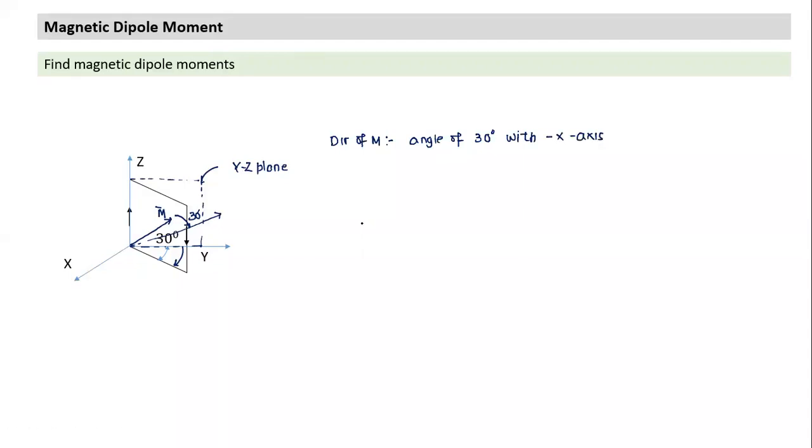Pranav is still bare bed. So how do I define it now? Now it's a little easy. In the xy plane, if I have to mark the direction, can you mark which is minus x-axis? This is the minus x-axis. So can I draw an arrow with its tail at the origin which makes an angle of 30 degrees from minus x towards plus y? It is rotating from minus x towards y. This is the direction of the dipole moment.